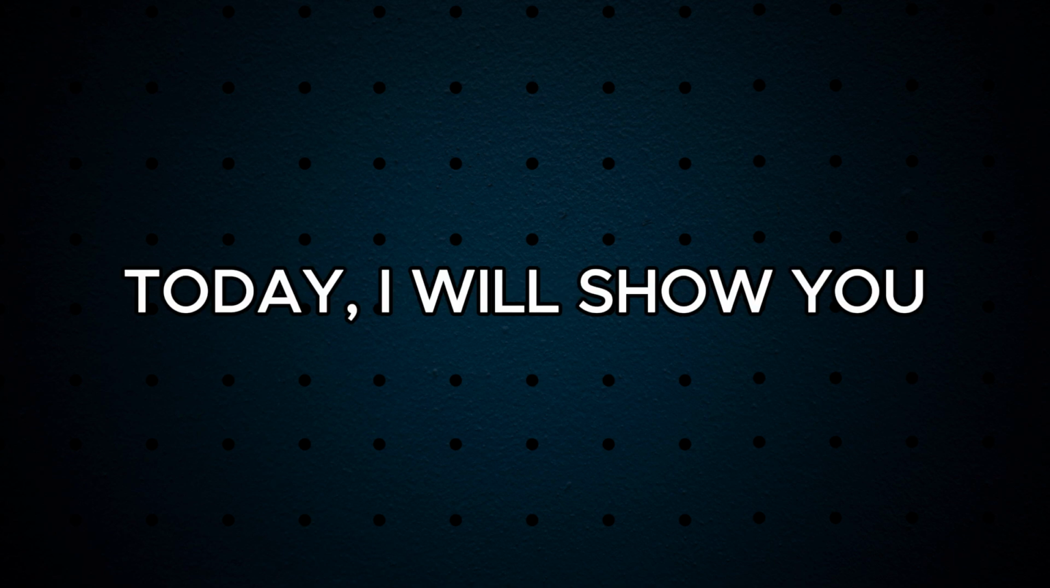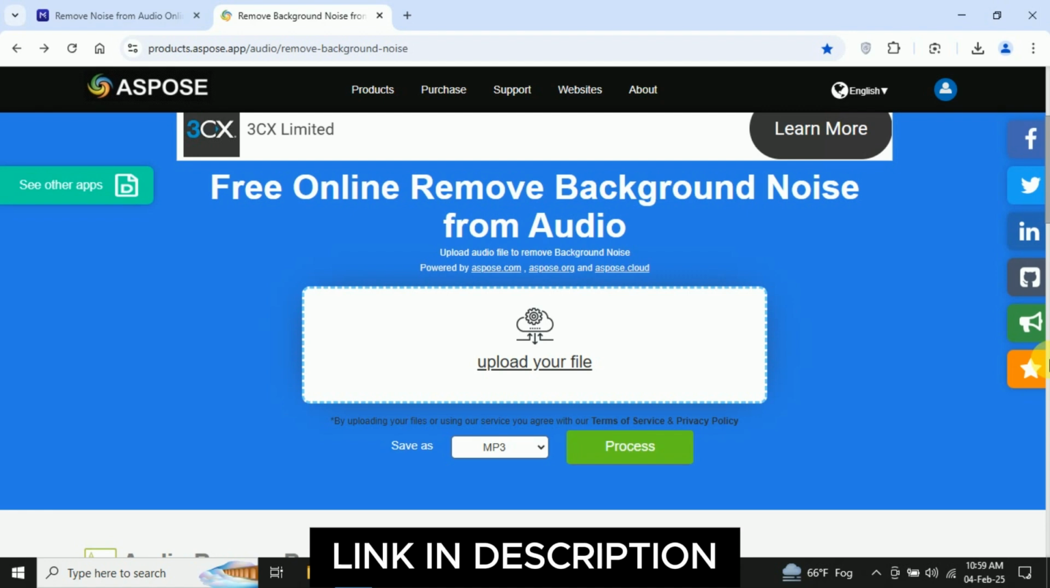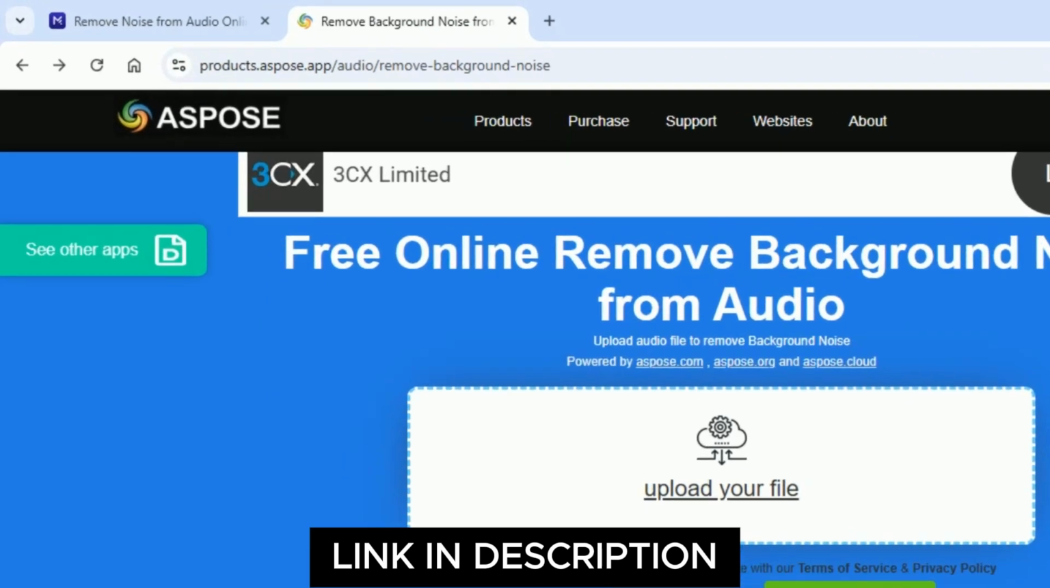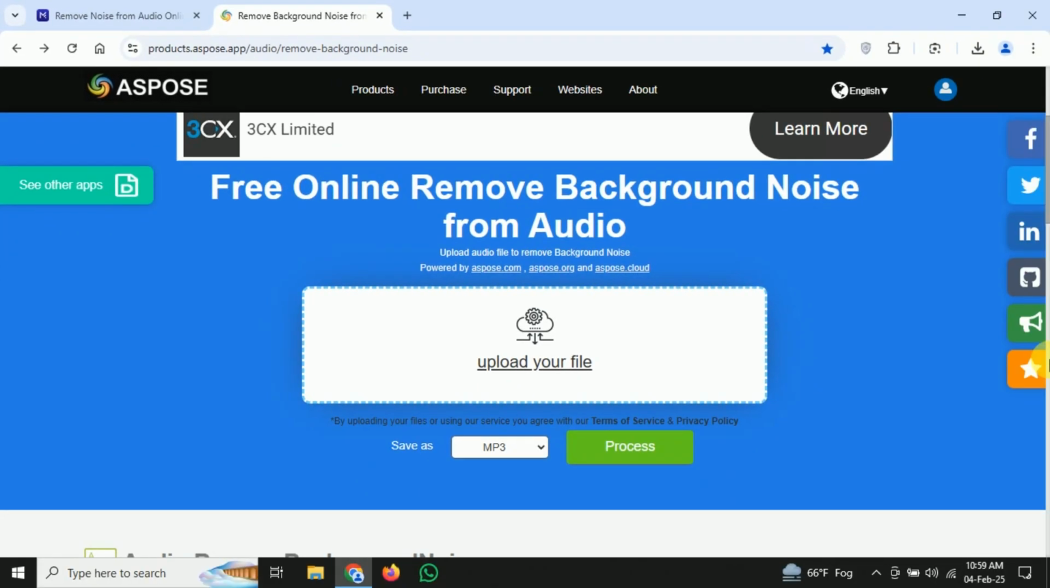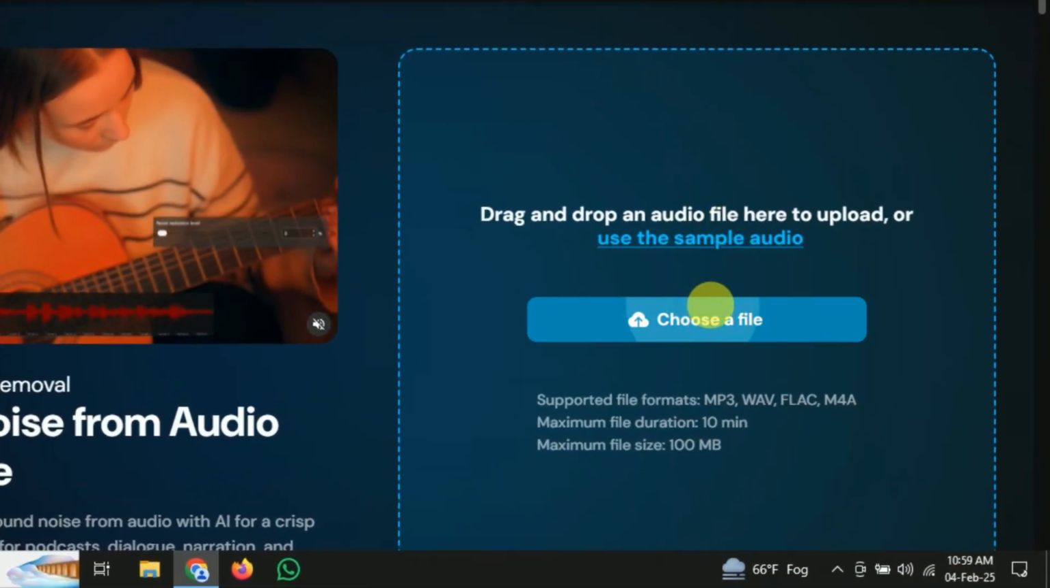Today I will show you two websites. Number one, myedit.online, and number two is productsasposed.app. So let's start with myedit.online. First, choose your file. From here, select your audio